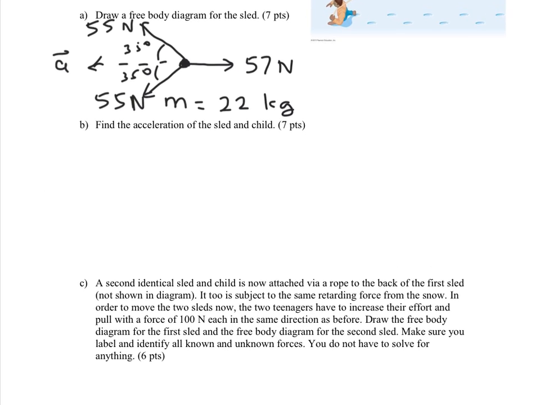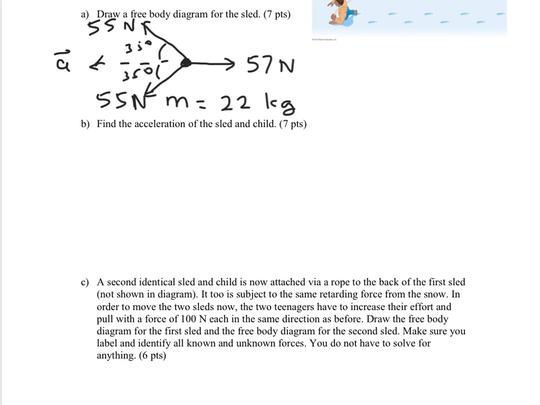Okay, let's see what part B asks. Part B says, find the acceleration of the sled and child. Now, in this case, we have to apply Newton's second law. Now, this is two-dimensional. Hopefully, if the drawing is correct, if I call this my x and that my y, I would find out that a only has an x component, but let's see that it works out. Now, if I look at the y component, it would go something like that, right? Sum of F sub y equals m a sub y. And what this implies is, if you look,